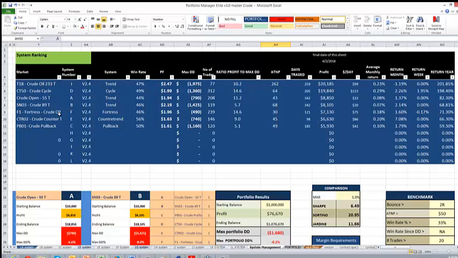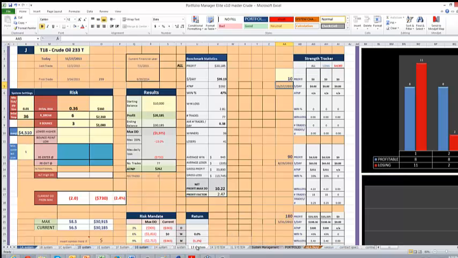I'll just grab that up. That's J, so we'll just go to J. 10.2, yeah. So basically, net profit to max drawdown 10.22, and that's really exactly where we want it to be. So that's great. What's our minimum net profit to max drawdown that we would accept as traders?